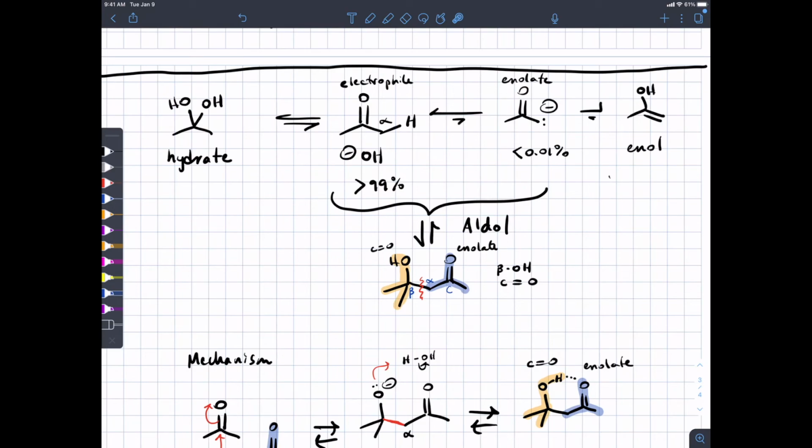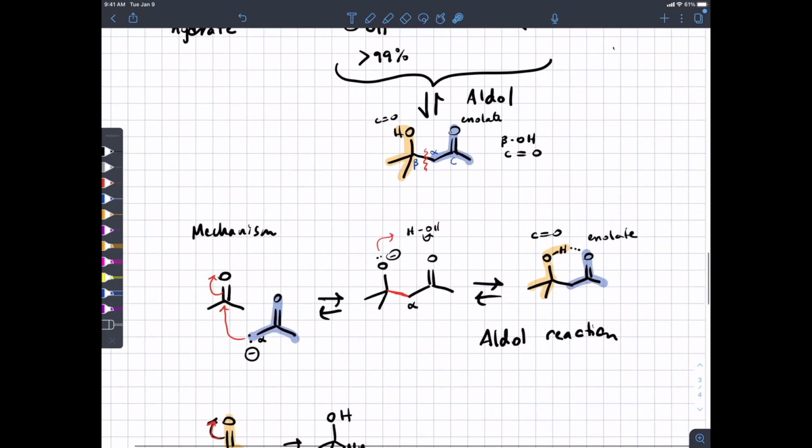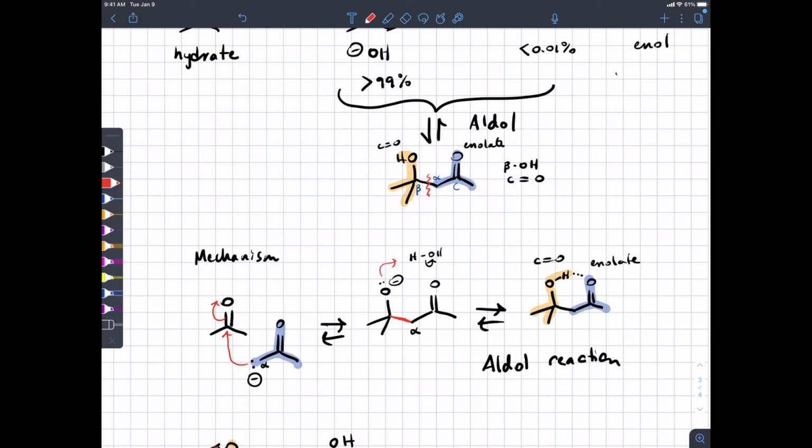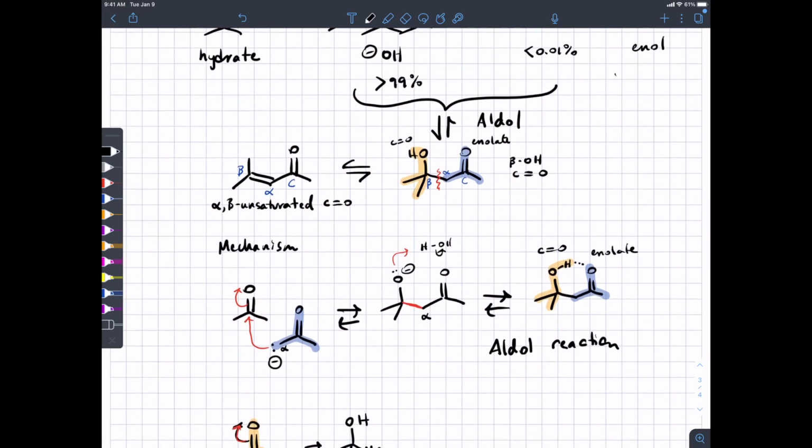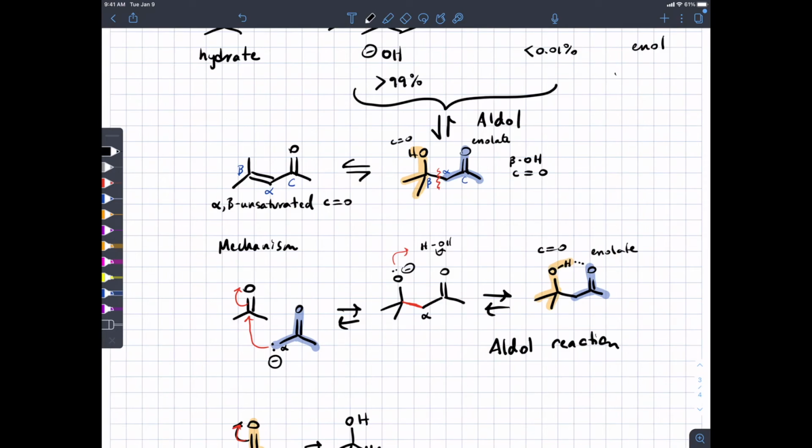Okay, now I said it was going to get worse, and there's still more. And that is that experimentally, people have observed that this Aldol product often goes on to form not the beta-hydroxycarbonyl compound, but now the alpha-beta unsaturated, meaning a double bond between alpha and beta carbons, alpha-beta unsaturated carbonyl compound. And this is a dehydration reaction because you're removing one of the protons on the alpha carbon